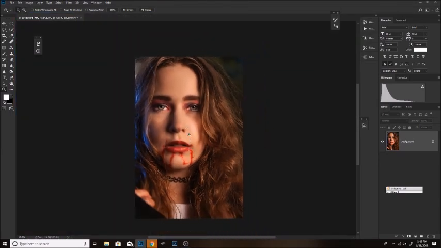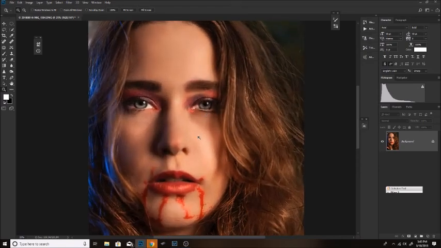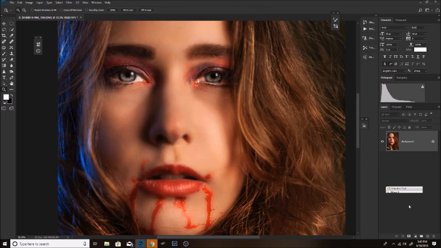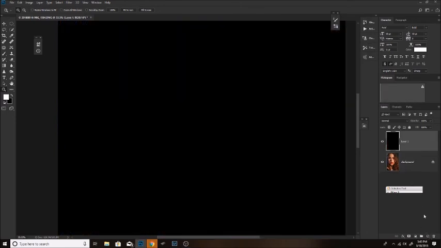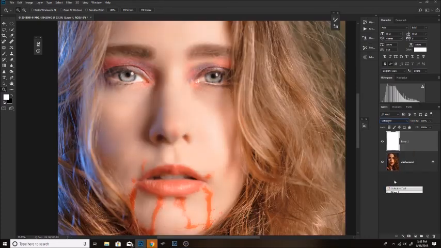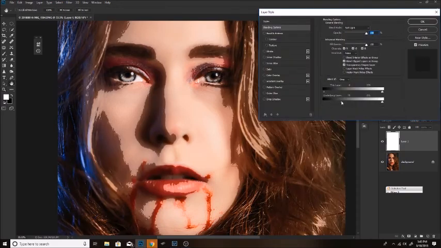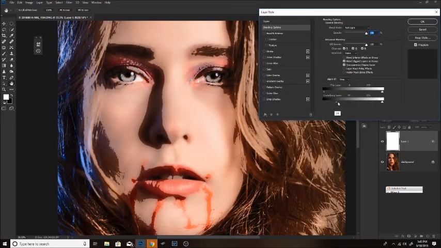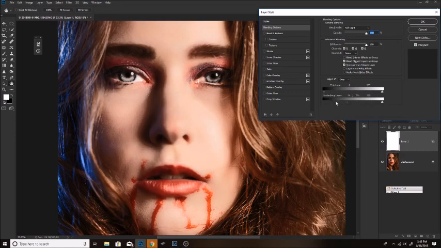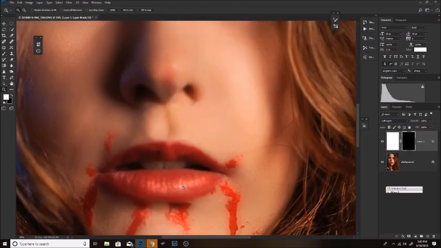Okay, now, so I'm really liking that. I'd like a little more on this lip though. Here's another way you can do some highlights: create a new layer, fill it with white, and then I'm going to go to soft light, click OK. I'm going to do my blend if, and I'm just looking at the lips right now. There we go. Bring this back out. Okay. Then I'm going to make this into a layer mask. I'm going to zoom in, brush,